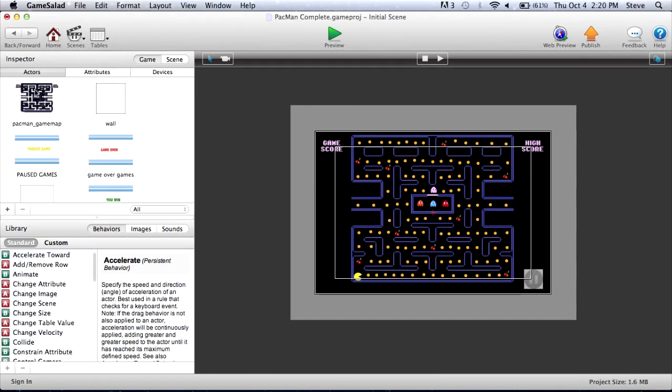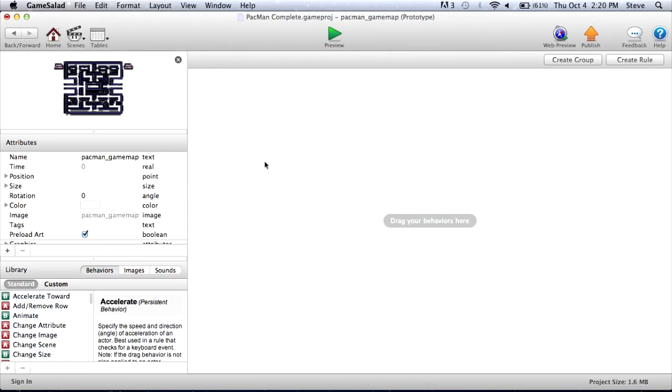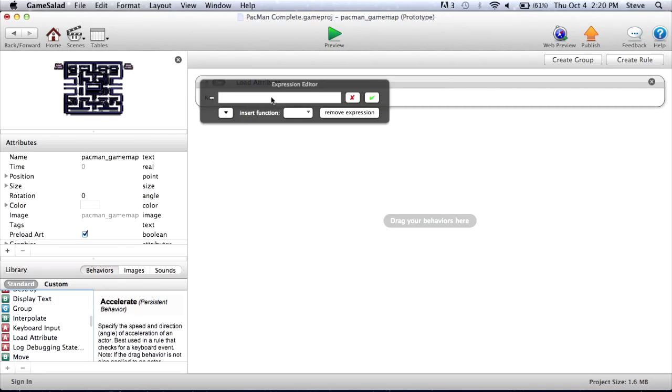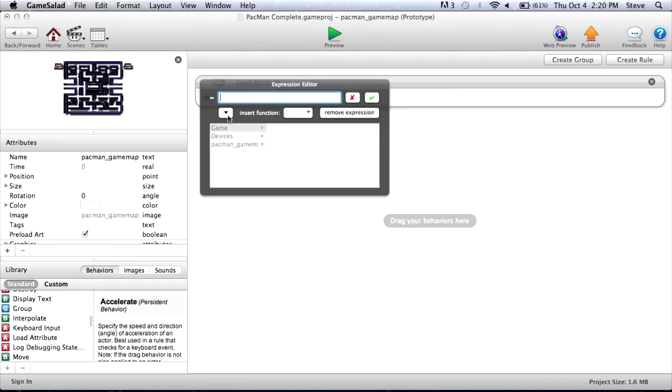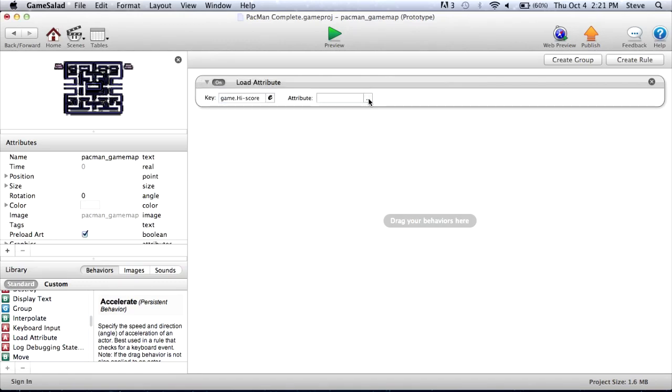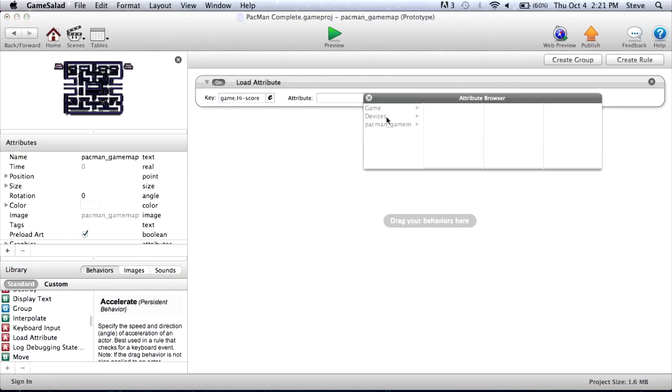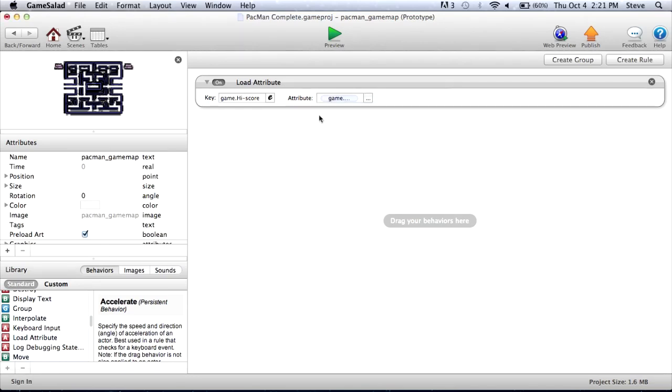Alright, now we're going to fix the Pacman game map actor, so click into that. And first thing we're going to do, we're going to use the behavior load attribute. So drag load attribute in, and we're going to use our expression editor, and we want to load attribute game high score, and then follow the little path over here, game high score,